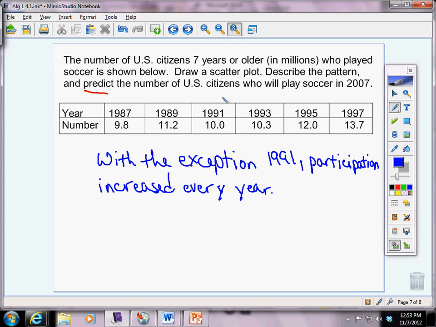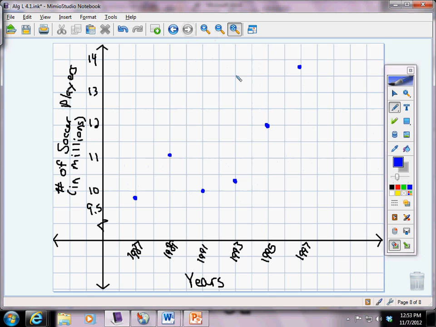The second part says, predict the number of U.S. citizens who will play soccer in 2007. Well, what's happening every single time? And maybe I should have made my graph a little bit bigger so I could go out to 2007. Because this would be 1999, and this would be 2001. But if you look, we're kind of increasing, right? So in about 2001, I'm expecting,